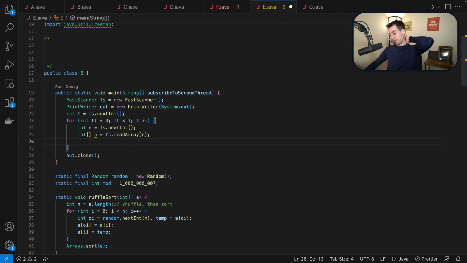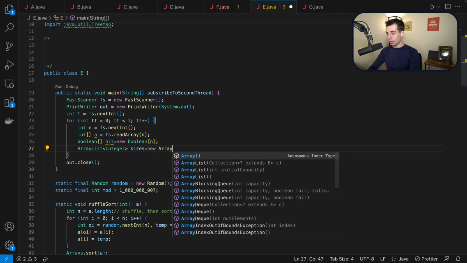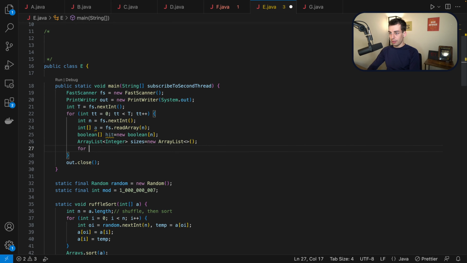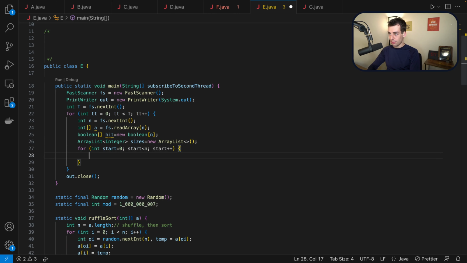So we'll say Boolean array hit, new Boolean array n, and then array list integer sizes, new array list, and for int start equals 0, start's less than n, start plus plus, if hit at start, then continue,